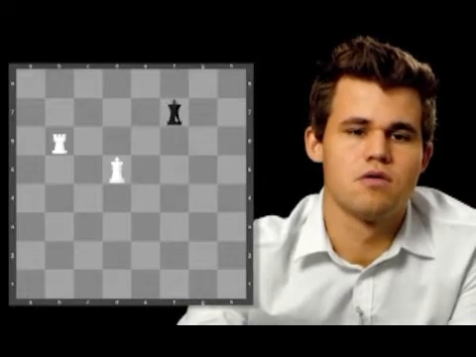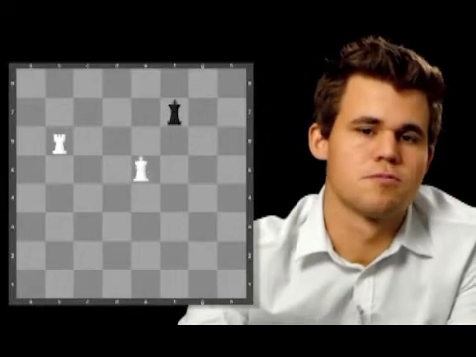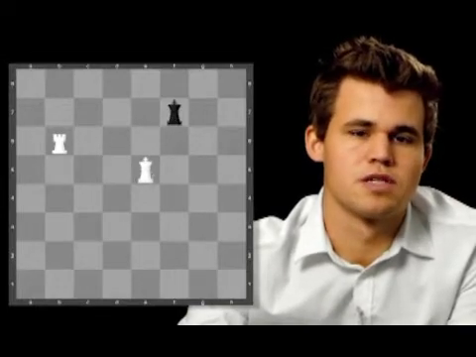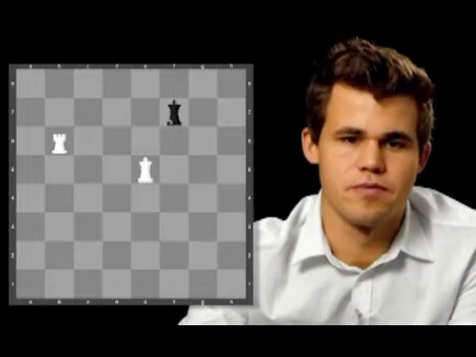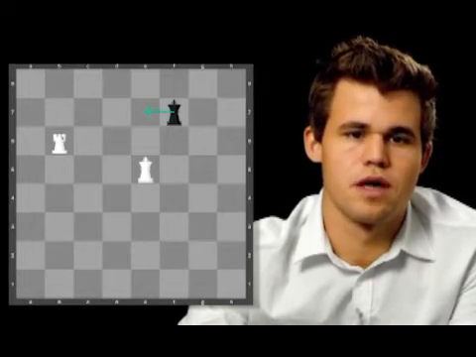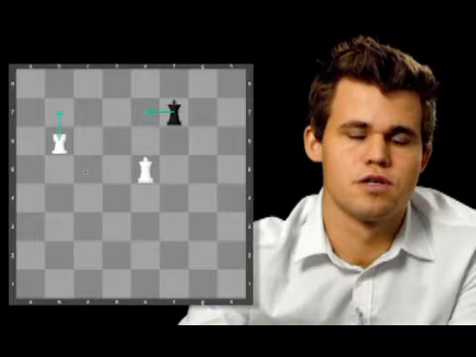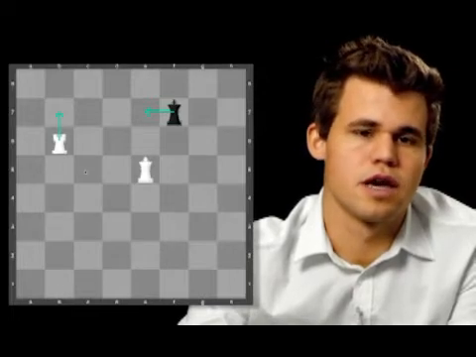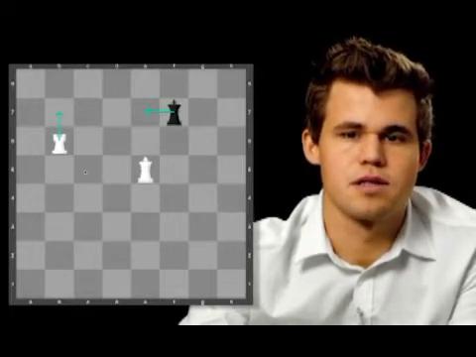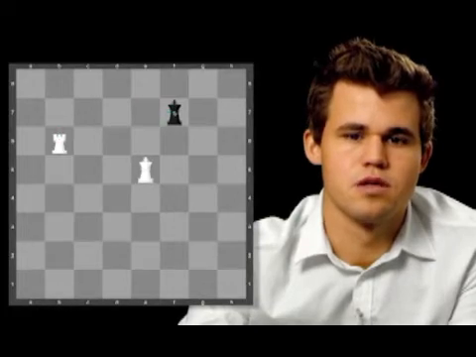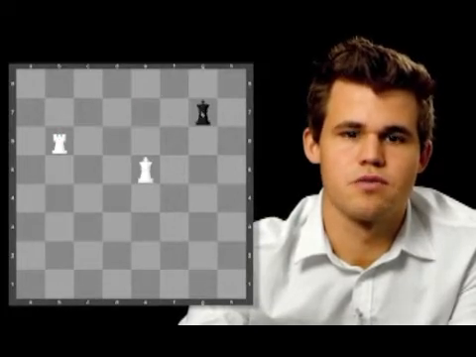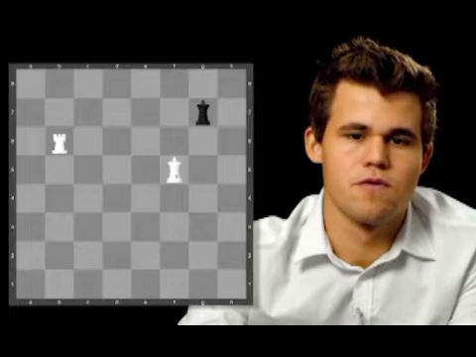So instead, black tries to escape the other way. And now we can follow with the king, because it's not possible for black now to escape. If he goes back, then we just move the rook forward, and once again the black king will be on the last rank. So black once again goes the other way. We follow with the king,